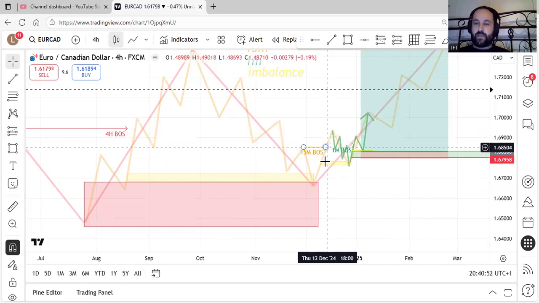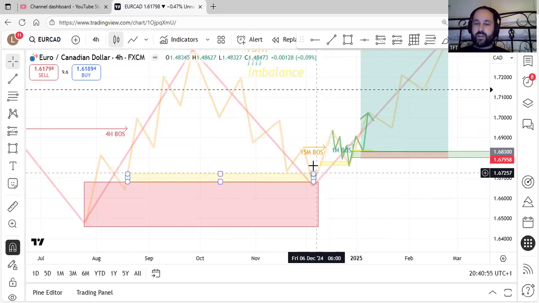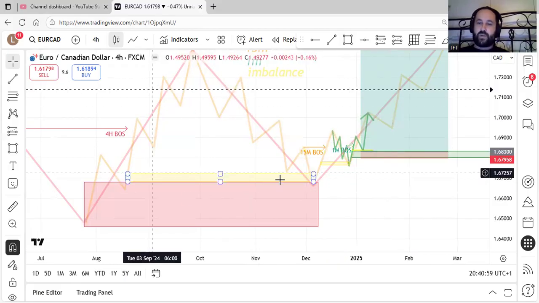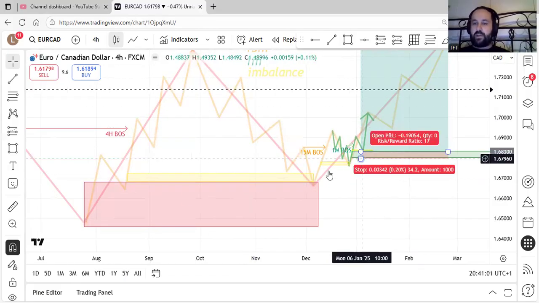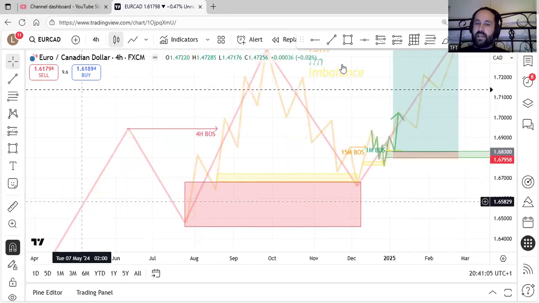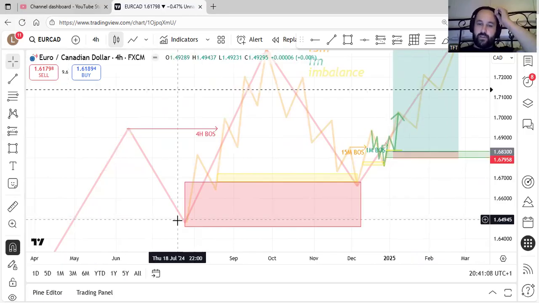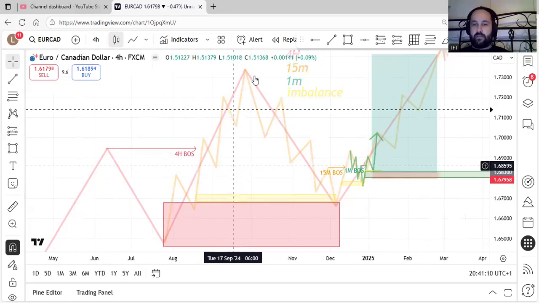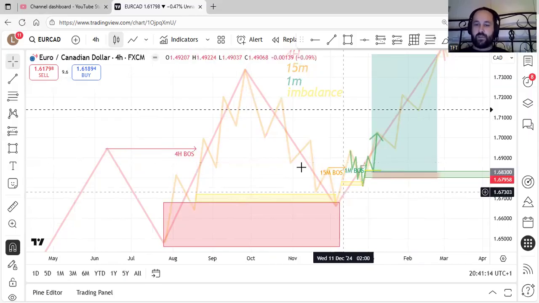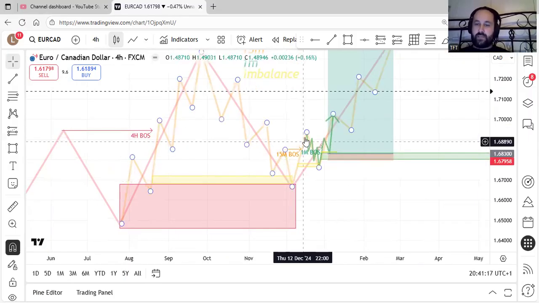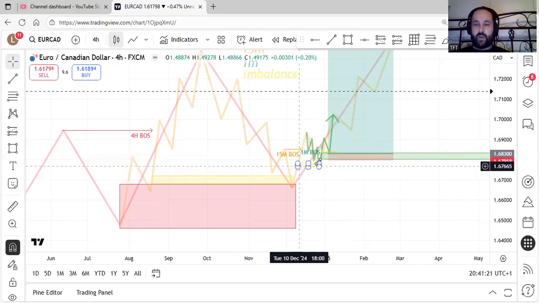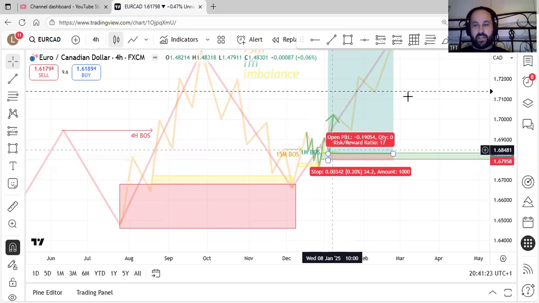But effectively, if it wasn't so messy, I would have added green zigzags all the way up and down these. But it's too much. We're only really looking for it after we've turned bullish again on the 15, because obviously the 4 hour is bullish, the 15 minutes overall bullish but pulled back, and then the 15-minute turns bullish, and then we're just waiting until it comes back, fills an imbalance again, waiting for the 1 minute to turn bullish, and then obviously it goes.